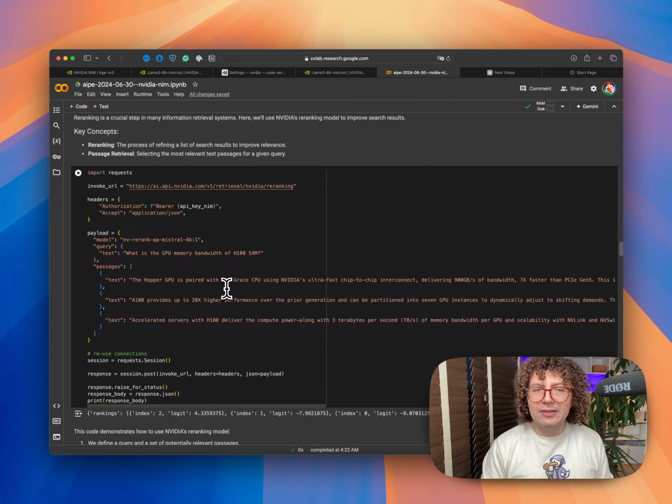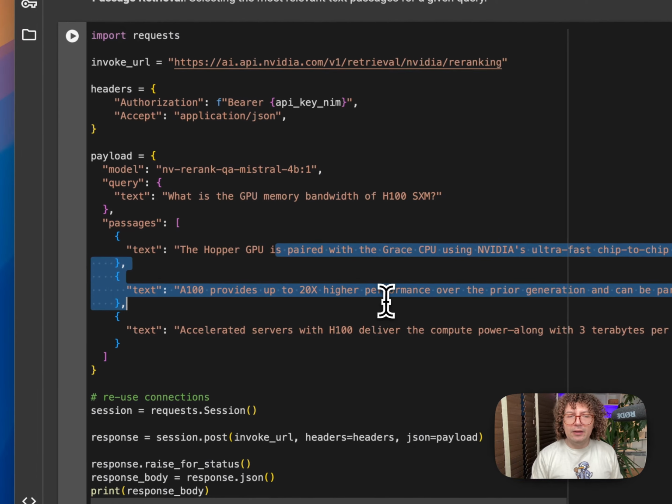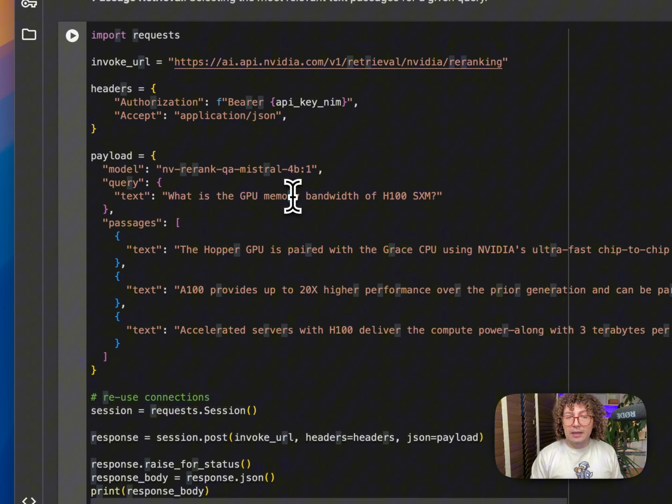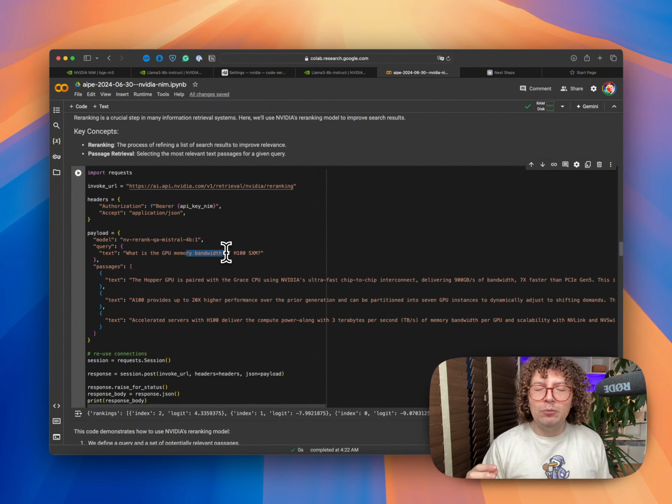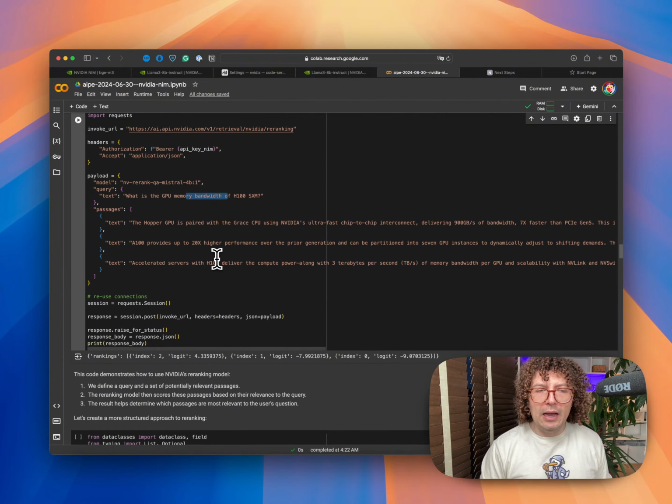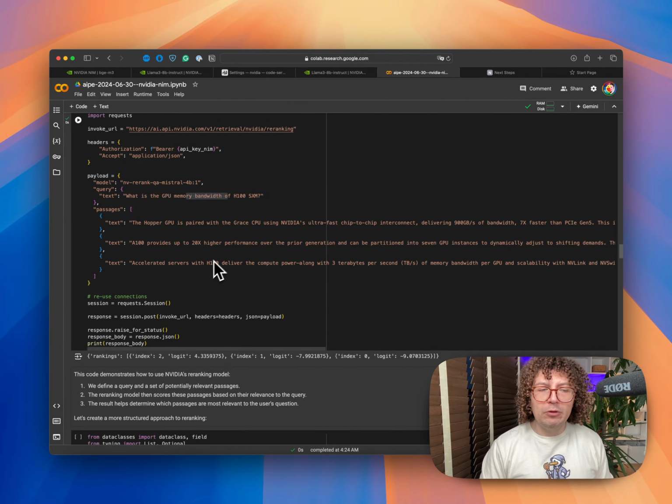And here we have, as an example, 3 different texts related to the NVIDIA hardware, and then just a question of what is the GPU memory bandwidth of H100 SXM. So it's a very specific question that most likely a regular generative AI model will not have this information. So I can pretty much use this ranking model, and it will give me a list